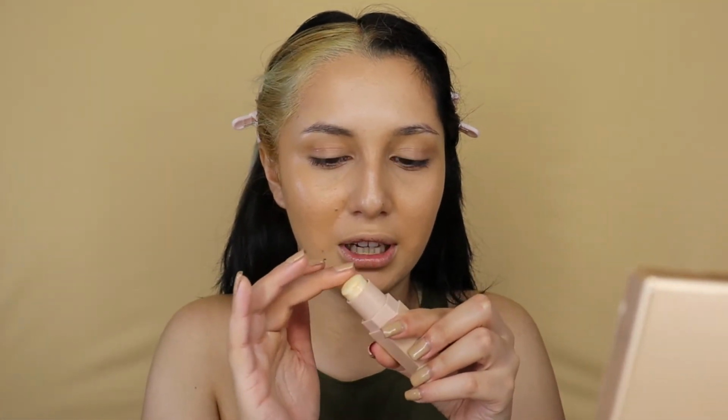It is essentially going to create a really beautiful natural highlight and natural glow on the skin. I don't know if you guys can see that, just that shine right there. I think this product is really great for anybody that has dry skin. If you want to give yourself a nice highlight but you don't want to emphasize any texture that you may have on your cheekbones, this is really great. I'm just going to take that. You could also take it directly with your finger here, but I like putting it on my hand. And then I'm just going to...